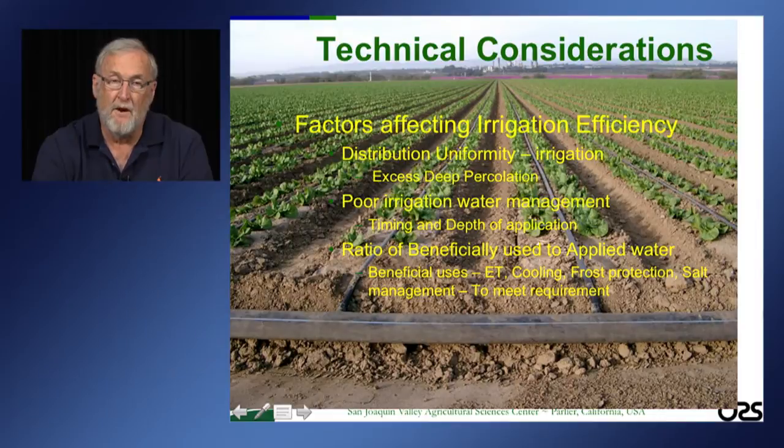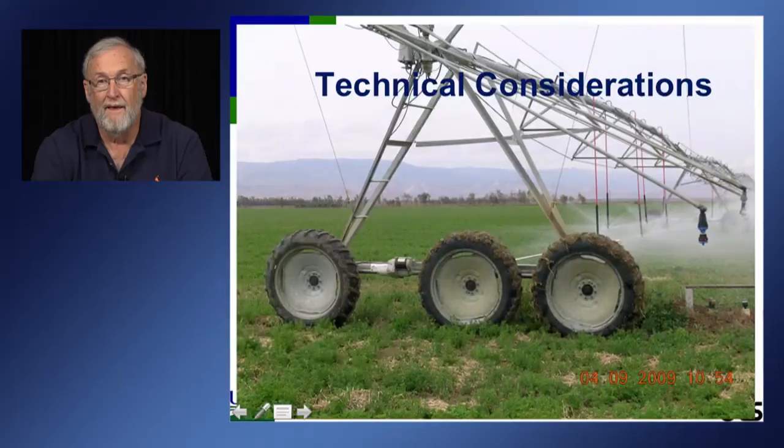The reality of the situation is oftentimes most irrigation systems are not 100% efficient. So the excess water that comes from the inefficiency, to compensate for that efficiency, is often adequate to meet the salt management requirement. The trick in all of this is to decide how much water is required to be beneficially used, and then anything in excess of that is wasted water. So that's another part of the challenge.